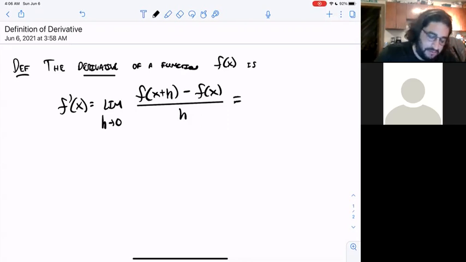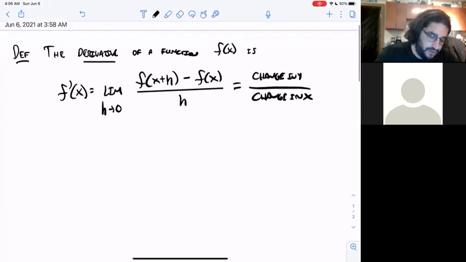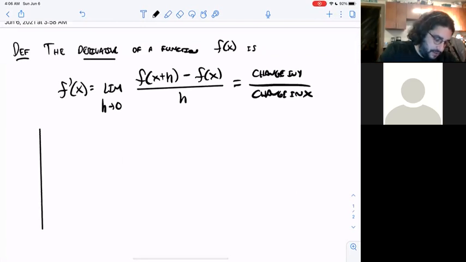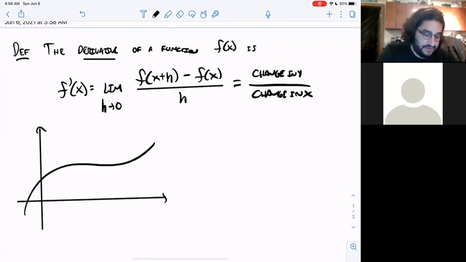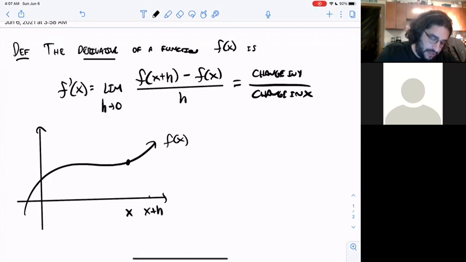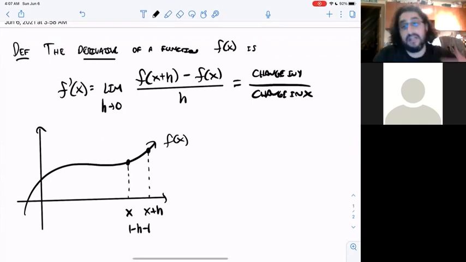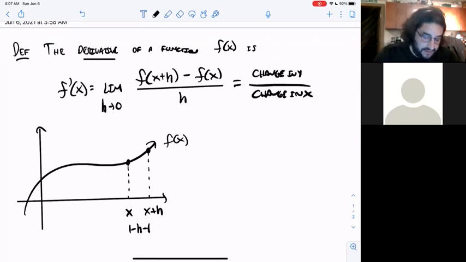This is a lot of symbols to remember, but it's not too hard to unpack from the idea of slope as just change in y over change in x. And if you draw a diagram, you can see why it fits this interpretation. The idea is that we have this graph of x, and then at some point x, you can take this little gap that's h wide, and then you can take